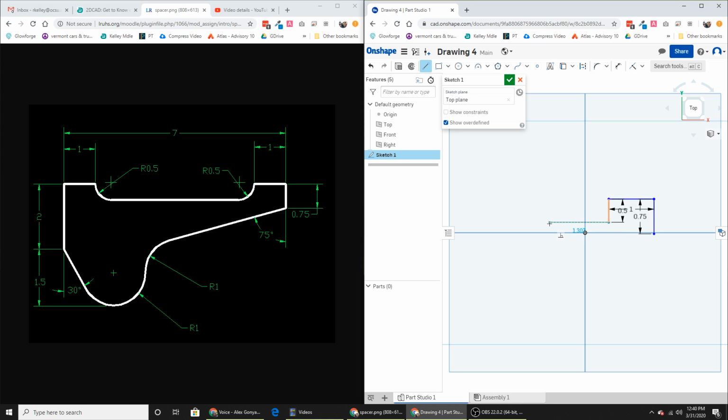Come over. Okay, gotta do a little bit of quick math. If the whole thing is 7 and we're taking 1 off each end, that only leaves us 5 left. So click 5, click 0.5. Actually, it looks like I nailed it there. Now everything turned red, probably because I've over constrained some things, but we haven't discussed that yet, so don't worry about it. 1